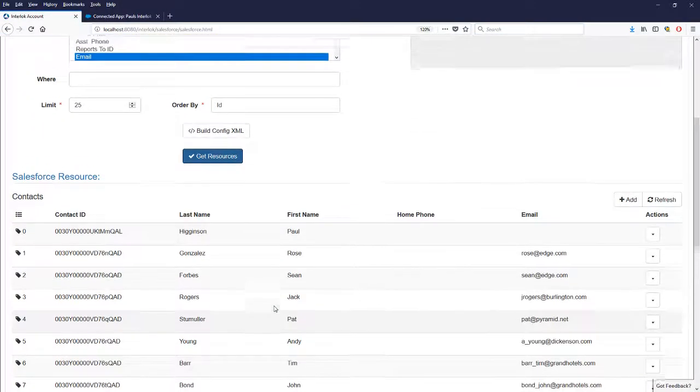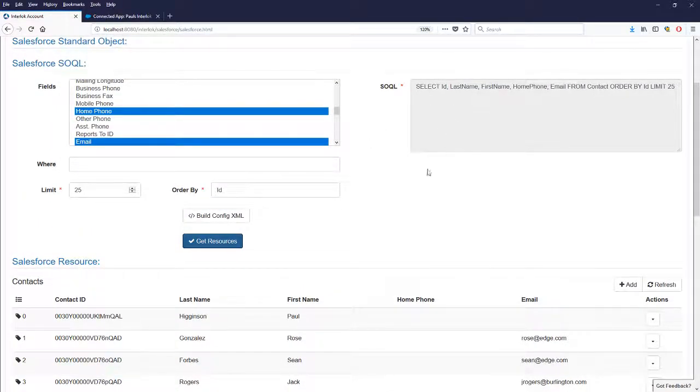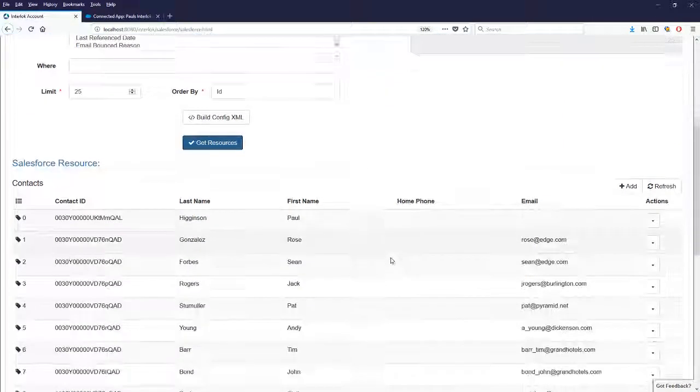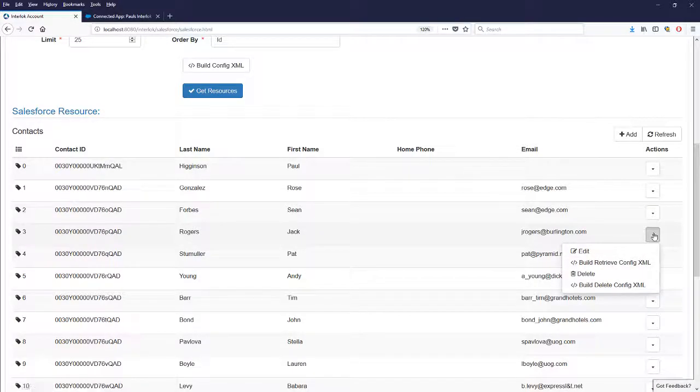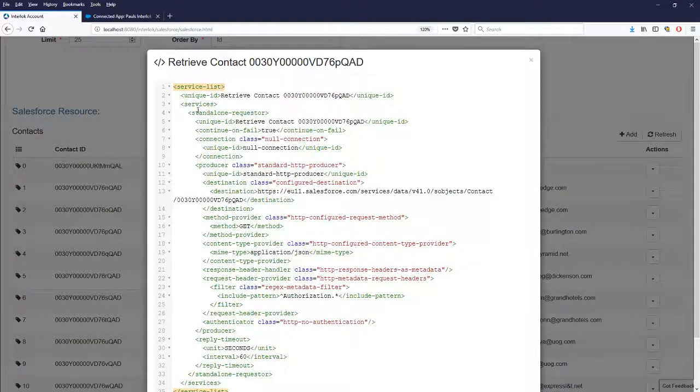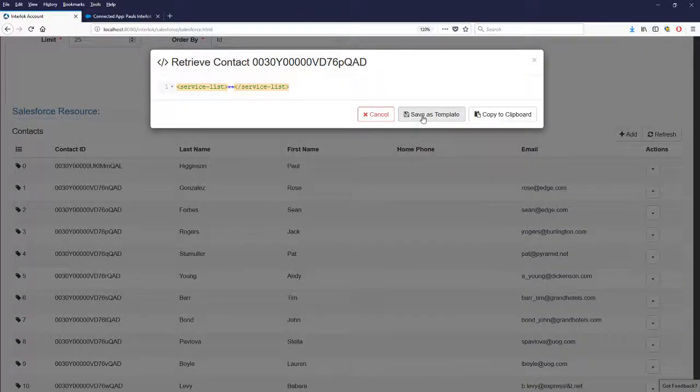So here we've pressed get resources. It's used this query against the Salesforce API that I selected, and it's returned me this list of contacts. So if I just choose one, Jack Rogers here, if I come to this little action button, I've got edit, delete, retrieve. So I'm going to build the retrieve config XML service. So if I press that, it's generated me a service list that will retrieve that contact. So if I save that as a template,